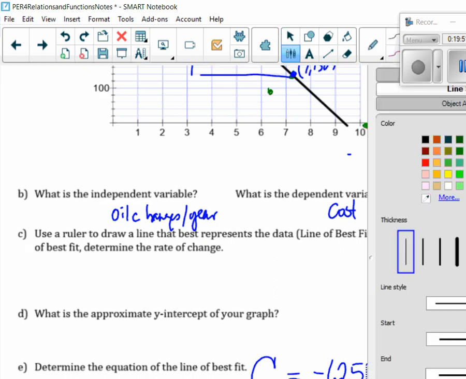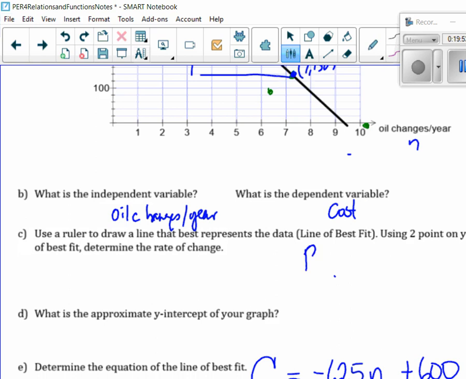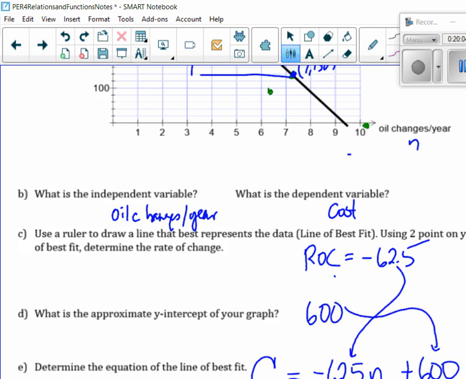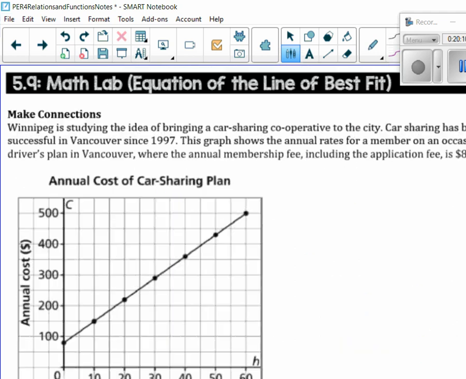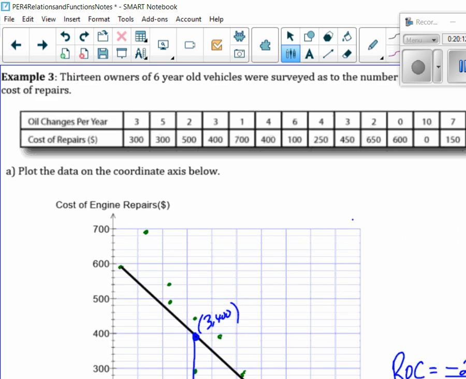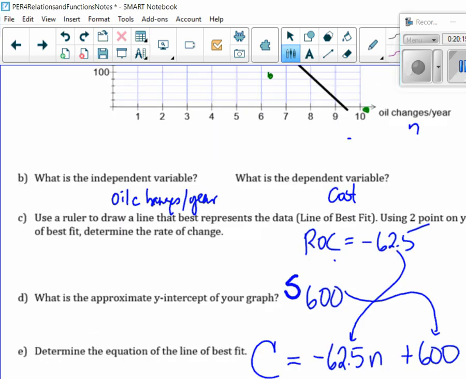Let's try this again. The rate of change was minus 62.5, and my y-intercept was 600. So does everybody see this goes into there, this goes into there? Yeah? And that's all I got. We should have units here, so that should be $600. Yeah, and the rate of change